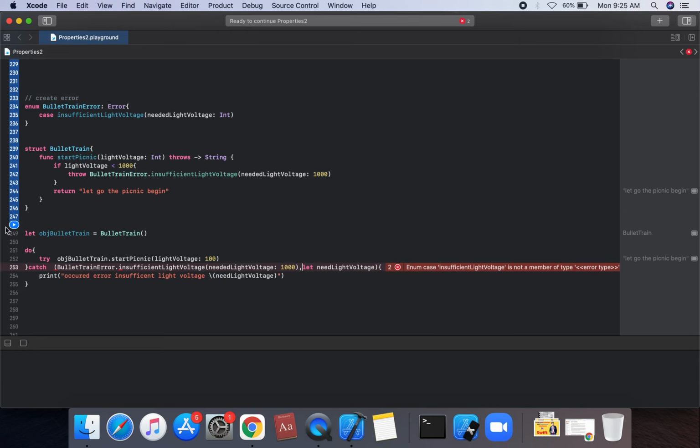In case insufficient, okay, we can use okay. Sorry, let voltage, need light voltage must not be found, every pattern. So need light voltage must not error in this, cannot be found in this. We can check this error. Suppose which has error on this, need light voltage, and check this error.